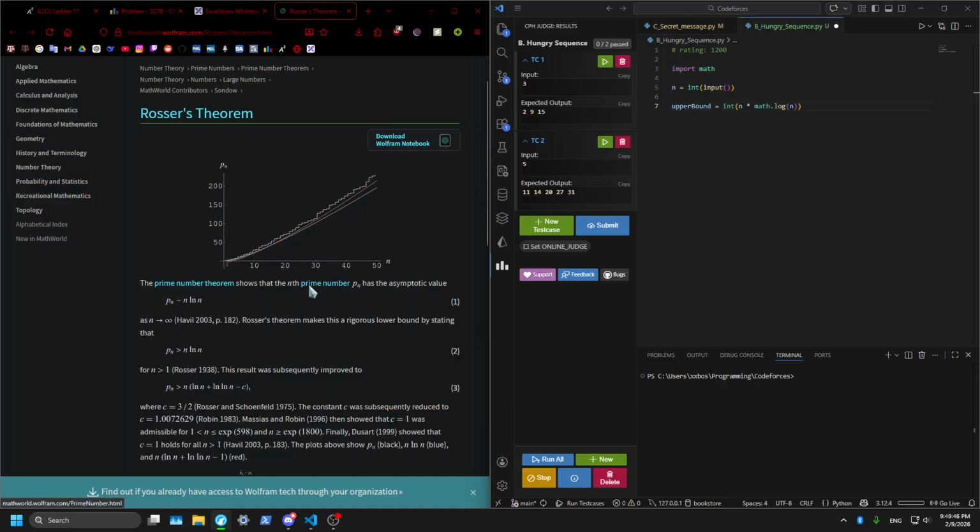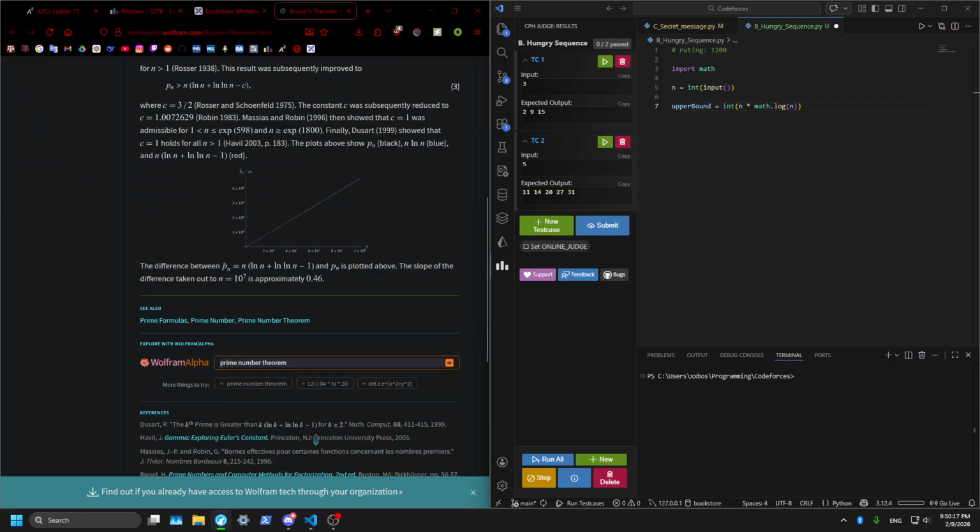Okay. Makes this a rigorous lower bound by stating Pn. The result was improved to this, where C is 3 divided by 2. Constant C, okay. C1 was admissible for. Okay,